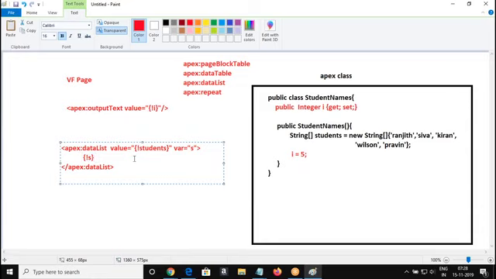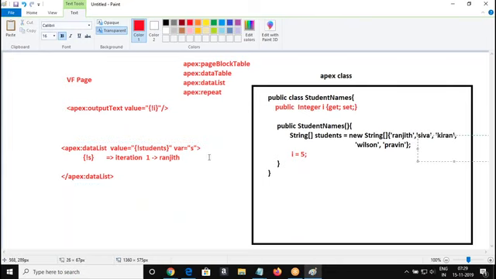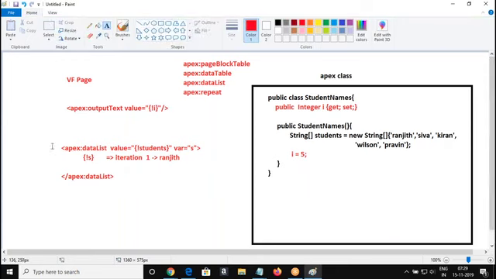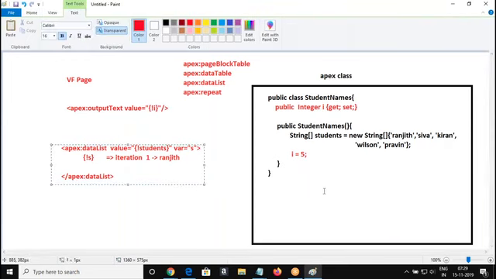So iteration 1 will display Ranjit, and iteration 2 will run and you get the value Siva. Like that it goes in a loop, and once the last element is reached, it will come out. So any of these table components can be used.